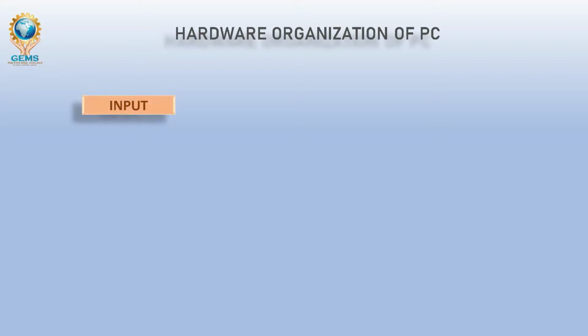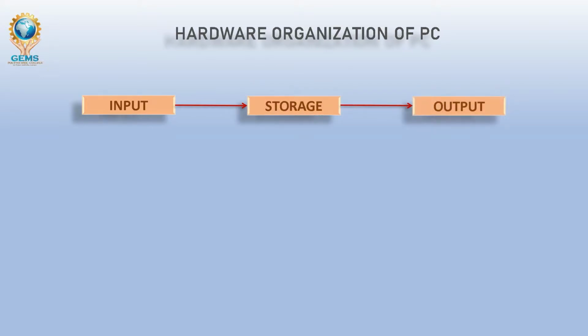Now we will see how all these functions actually look inside the PC, or how it works. Using a block diagram, I will show how all these four functions are connected to each other. Input, as we studied, comes from input devices like keyboard or mouse. The system gets instruction from the user, and that instruction is transferred to the storage, and from the storage output is given.